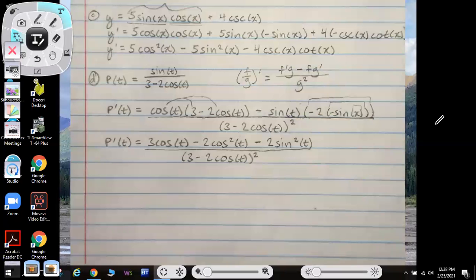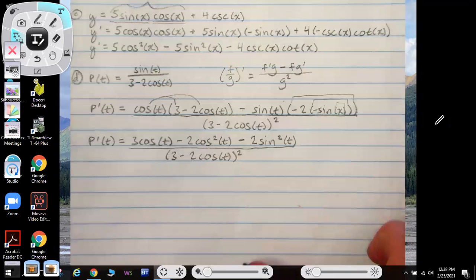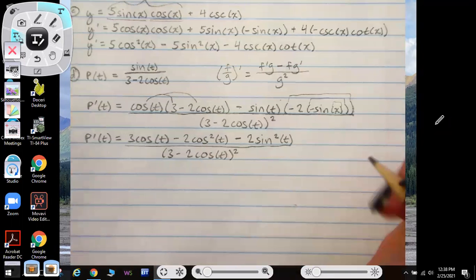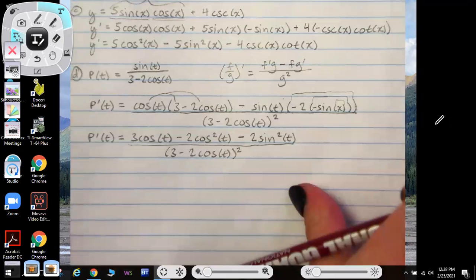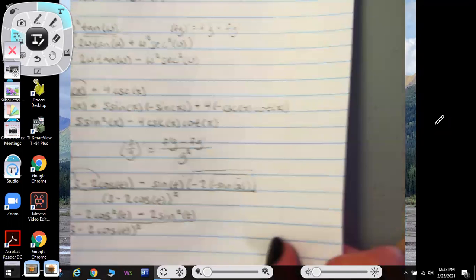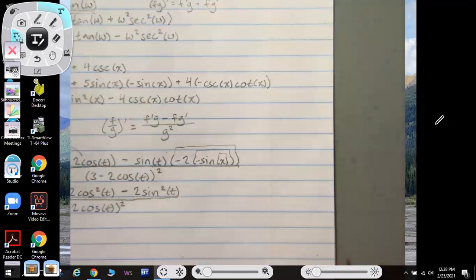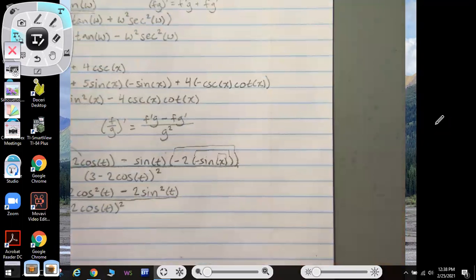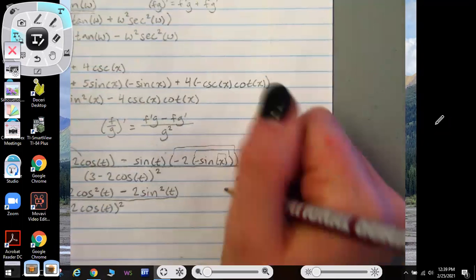Yes. There is a little bit more simplifying to be done using a trig identity, which you may or may not know. That trig identity is something else that is kind of like our derivatives today, that there's a proof to show that this is true. I'm not going to show you the proof. I'm just going to show you the end result. And that is